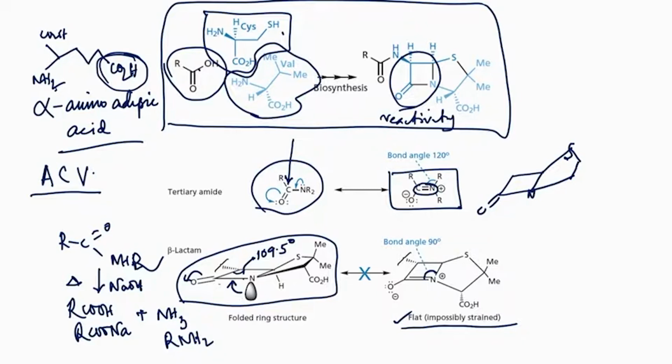penicillin. In IR spectroscopy, if there is resonance, then the carbonyl stretching frequency will be low, and if there is no resonance, the carbonyl stretching frequency will be higher. So, in penicillin, the carbonyl stretching frequency is about 1770 centimeter inverse. On the other hand, in the amide carbonyl, it is 1680, around that value. So, that shows that it is a very highly strained molecule, and the carbonyl carbon is